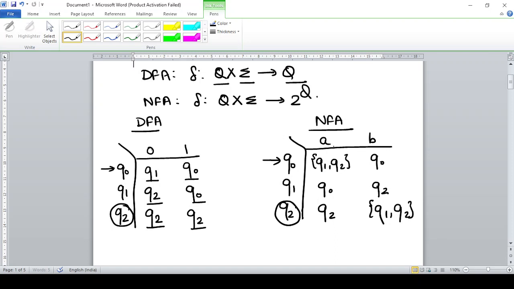Now you can see here that on Q0 when you are giving A, you are transiting to more than one state. You are going to Q1, and also you are going to Q2. So for a particular state and input symbol you are going to more than one state. By seeing this table, which can also be converted into a transition diagram, you should be able to tell that this is the transition table for an NFA. So this is one instance. Second instance, there are two instances over here because of which it is an NFA. Even if there is only one instance, it will still be an NFA.